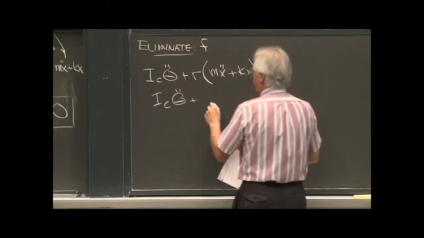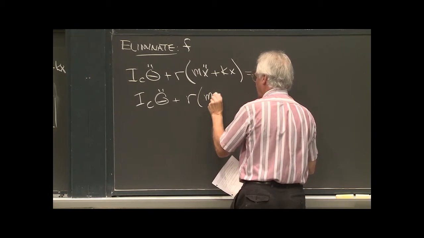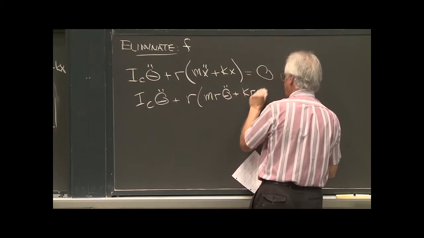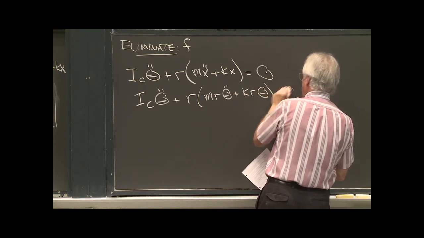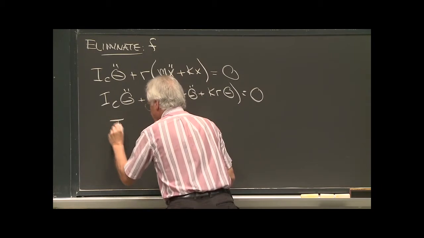Now I do have to be careful here. Let me take my time and go M R theta double dot plus K times R times theta equals 0. And now when I pull these all out,